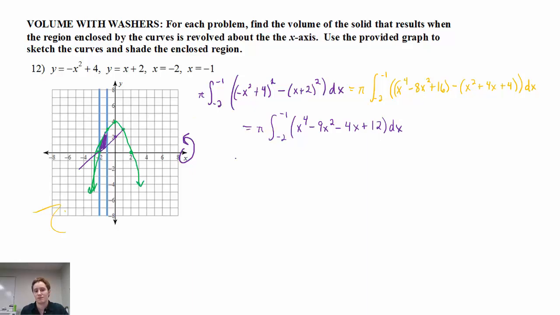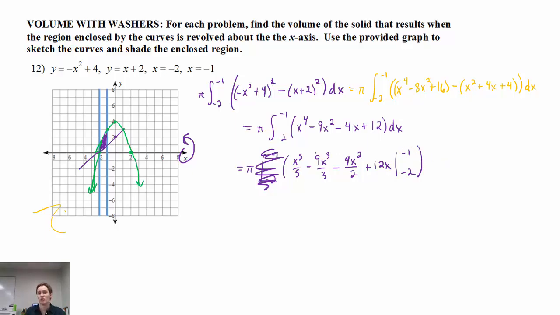So that we get x to the fifth over 5 minus 9x cubed over 3, which does simplify, as well as minus 4x squared over 2, which simplifies, plus 12x, which I should not have put there. I should have put it over here, because now we don't have the integral anymore because we used the power rule. So we're going to plug in negative 1, we're going to plug in negative 2,